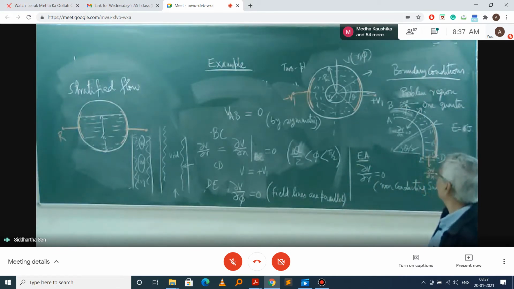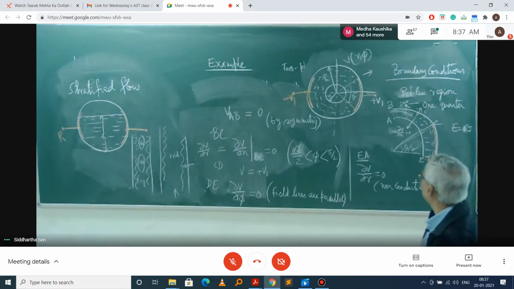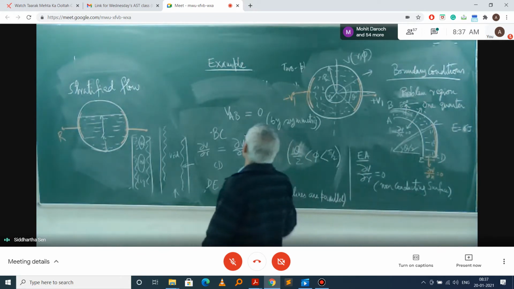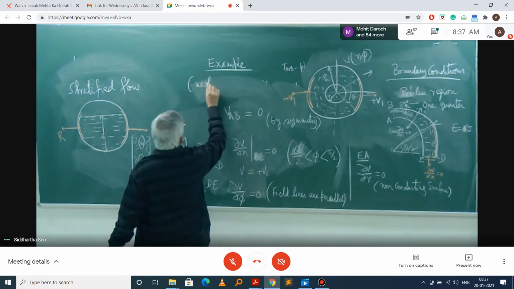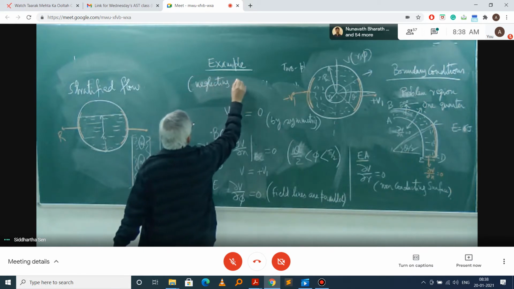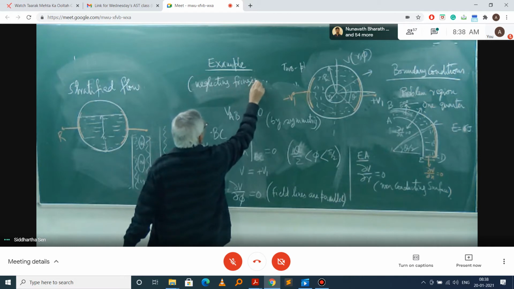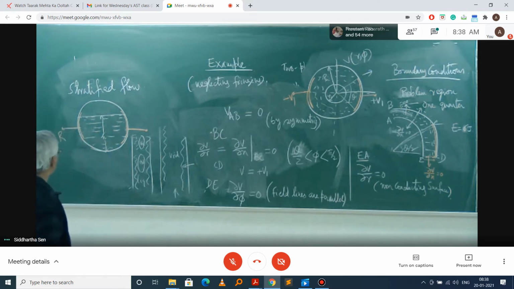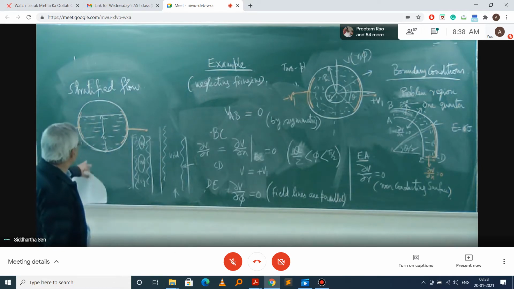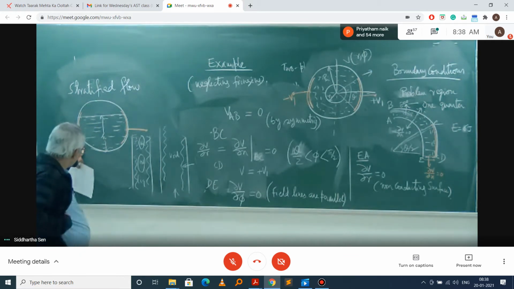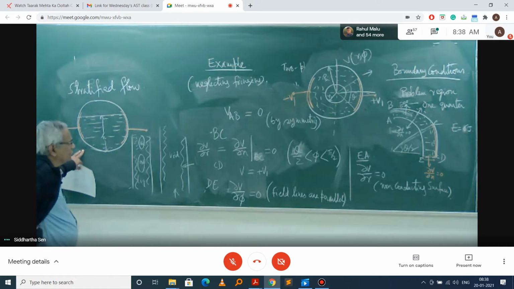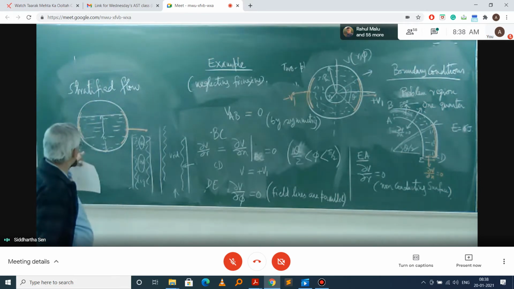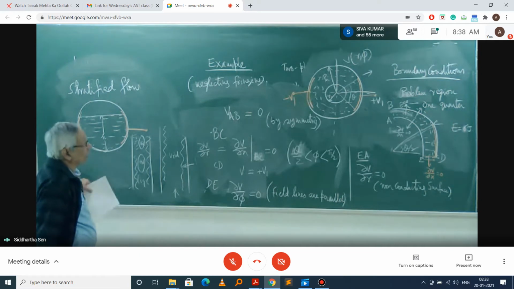Obviously, this is a two-dimensional problem. We have neglected fringing. With two dimensions, there would always be some fringing. But what I wanted to say is that similarly, in this case also, we can define the boundary conditions of the problem uniquely at all the points, and we can have a unique solution.